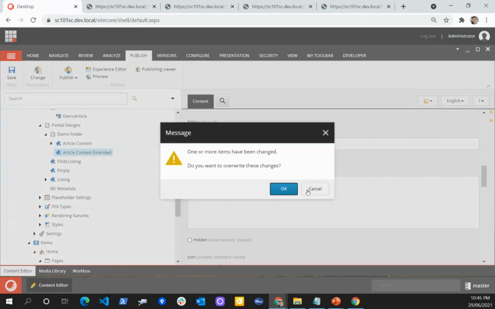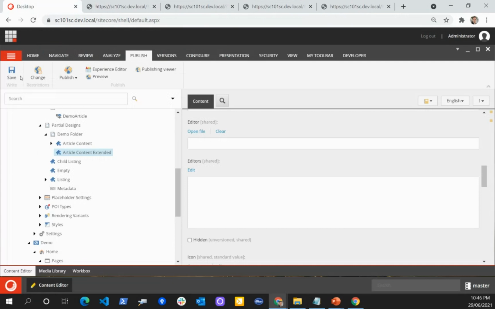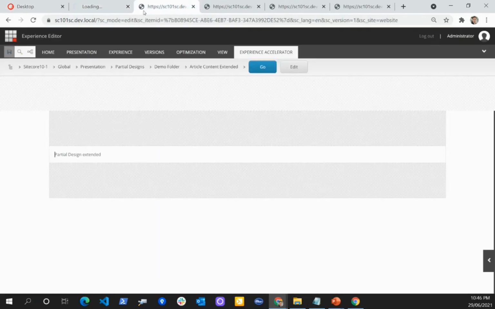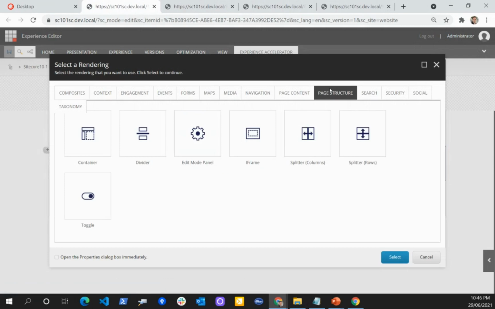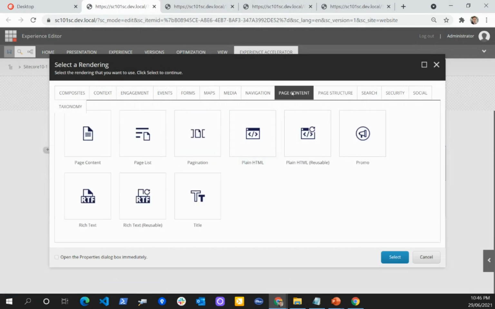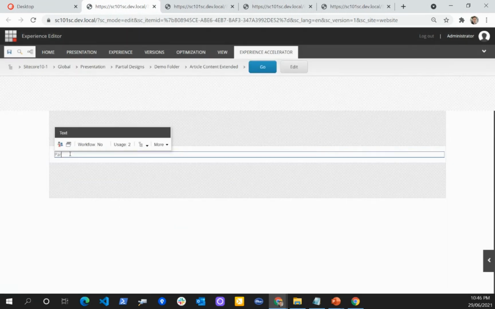When I assign it, let me set this here and save it. Let me refresh. Okay, my changes are not there. I need to make sure that my changes are there, so I will add the rich text again and extend it.